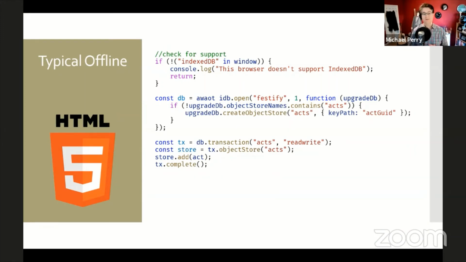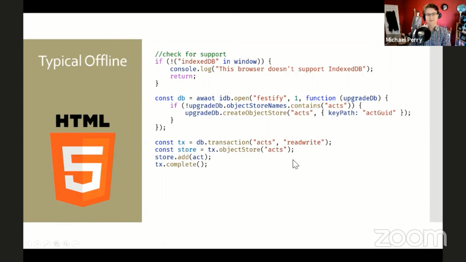So you might have studied how to build progressive web apps, PWAs, and when you read about how to do a PWA, it answers a lot of the really hard problems, like how do you cache the HTML and the CSS that's going to be displayed on the application? How do you cache all of the JavaScript that makes up that running application? What you don't hear an awful lot about is how do you cache the data? How do you take all of the information that the user has seen, that they've downloaded into the app, and all of the data that they've generated, all of the work that they've done in the app? How do you cache that so that the next time they come back to the app, they can see it? Well,